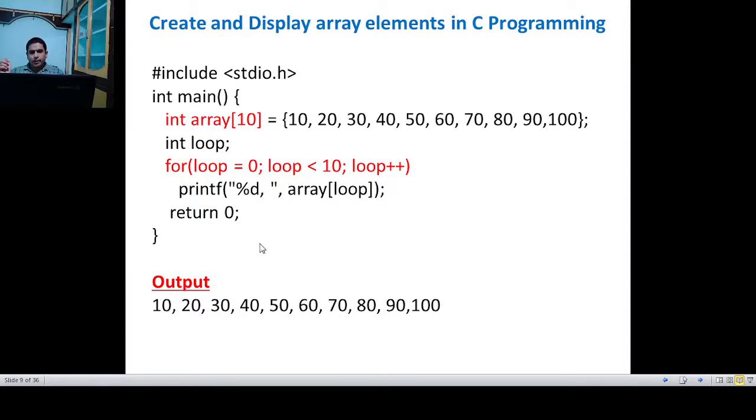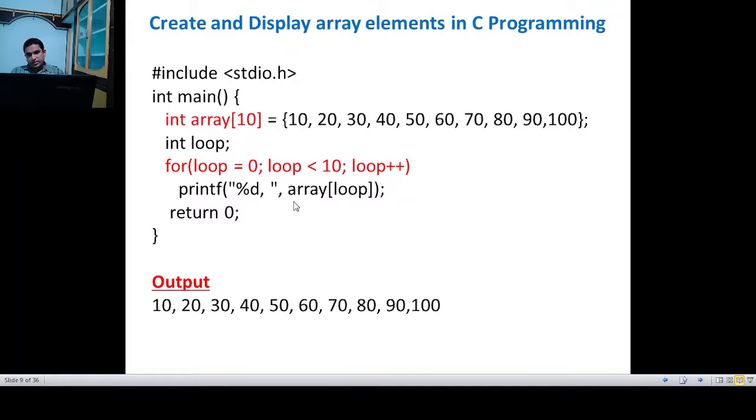Now, if you want to display all these 10 values one by one, then you need to read the elements of the array 10 times. So in order to read them 10 times, you can use a for loop and write a printf statement inside the for loop, so that the same printf statement is repeated 10 times, right?